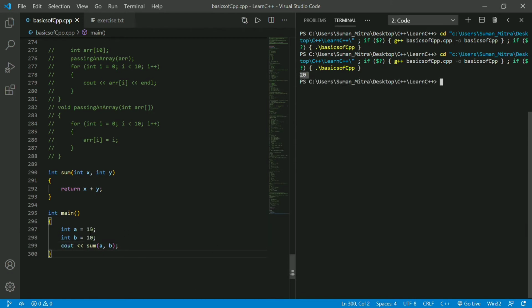What is 20? It is taking two values, 10 and 10, and passing them by value inside this sum function, and inside the sum function it is adding these two values. This a is getting copied into x, b is getting copied into y, and it's adding them and returning. We should use this return. It's returning an int type, and we need to print it out, or we can put it inside a variable. We can just write,